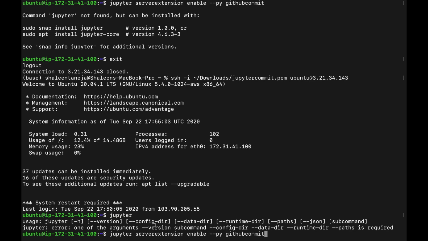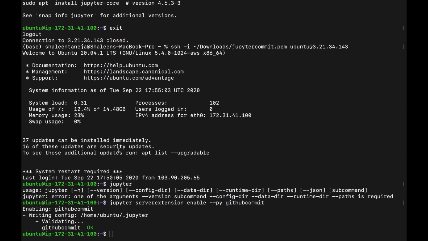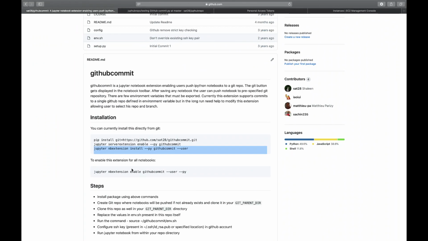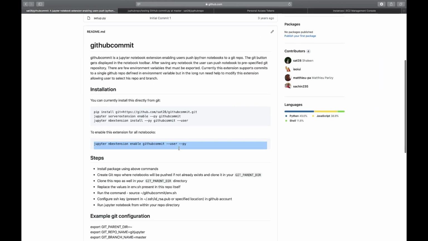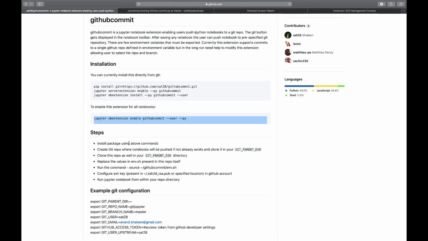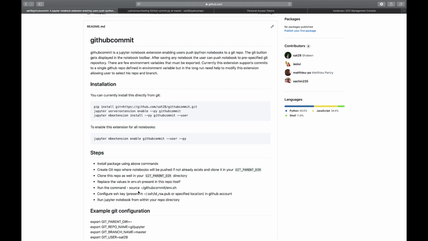Now we'll use the server extension and we will enable the integration. Yep, we also do this nbextension. So these are basically bridging the UI components and the server side components of Jupyter with our extension. Then there are a couple of manual steps that need to be done, which are mentioned here. I'm versed with these, so I'll go through the steps and you can go through these as well. So these are also explanatory.